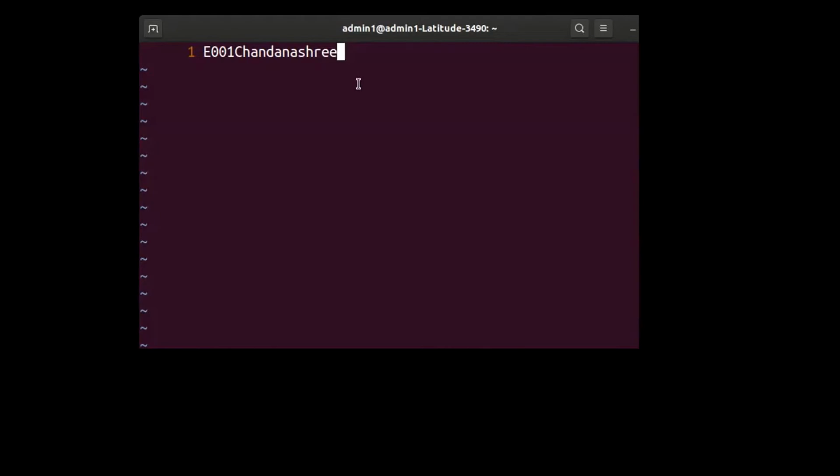And hence it is extremely important for you to separate these two fields, employee code and employee name. That separator is done with something called a delimiter in the world of the Unix operating system.